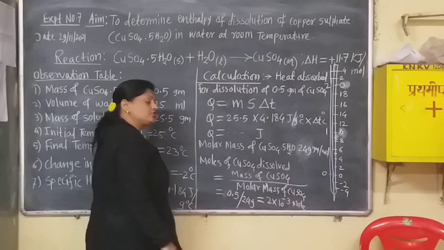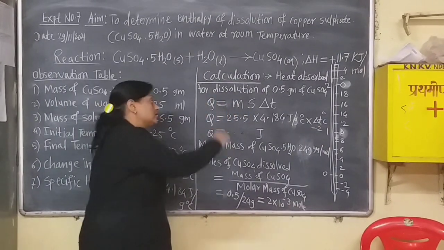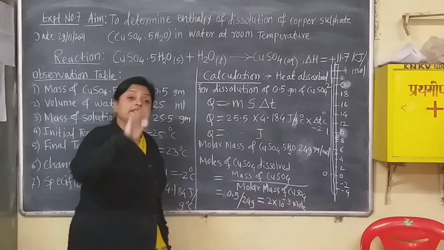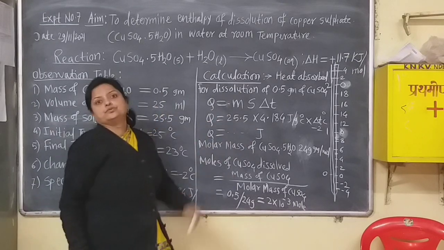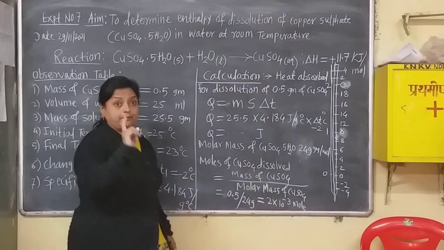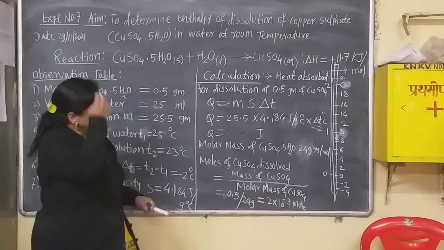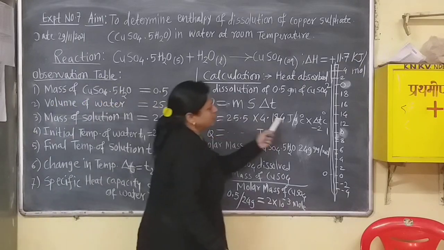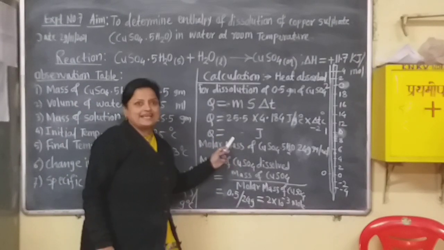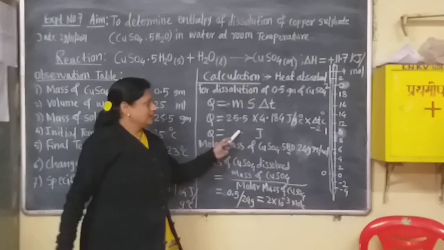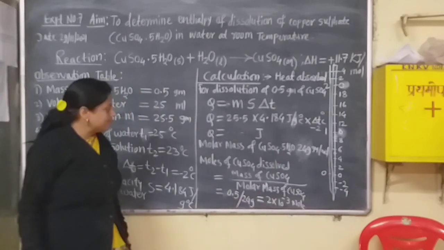Now see here, student, though there is the minus 2 temperature, there will also be a negative sign, because heat is always given the negative sign, and negative becomes positive. Heat will become positive. Remember that. And so the molar mass of copper sulfate. Now see this. If you calculate this, how many joules will be there? You can write the answer here. And then molar mass of copper sulfate is 249 gram.